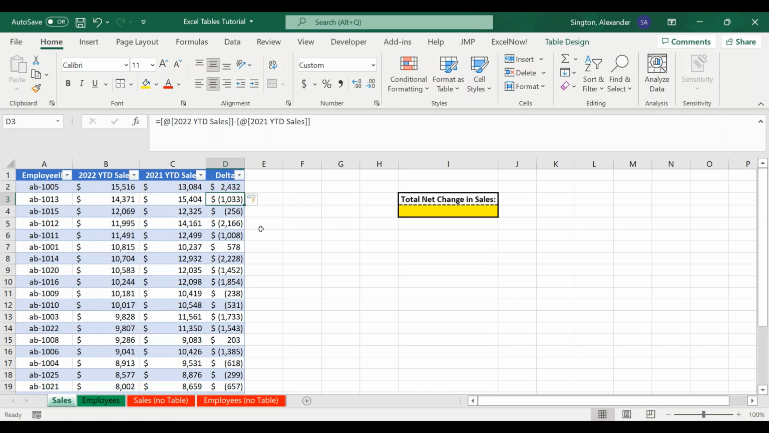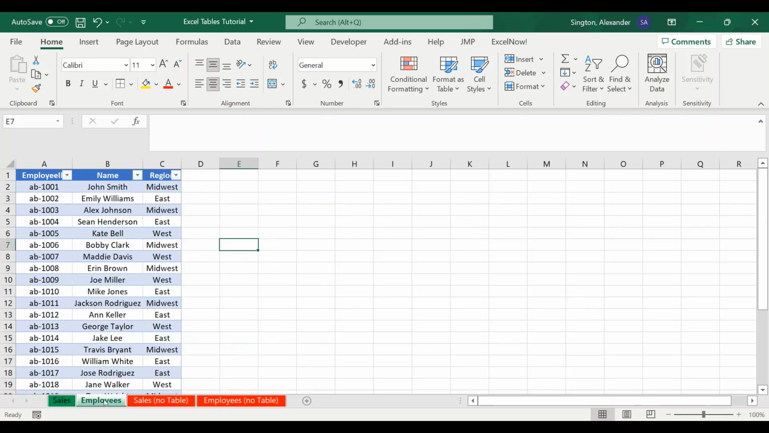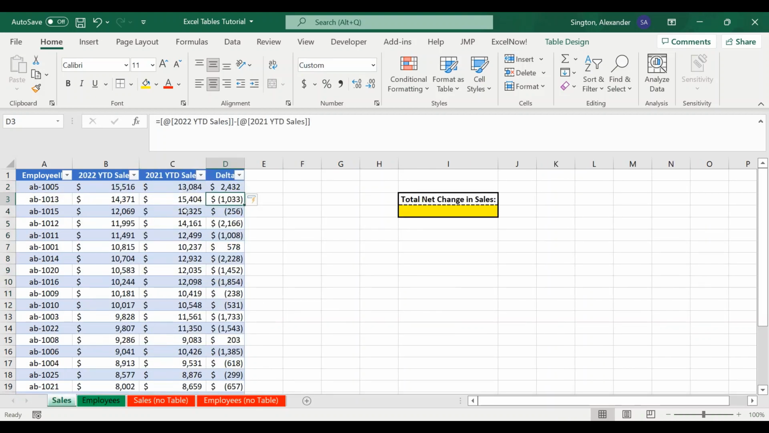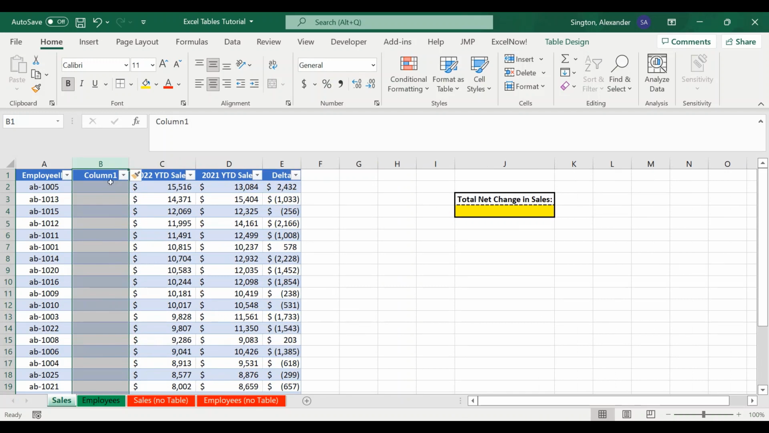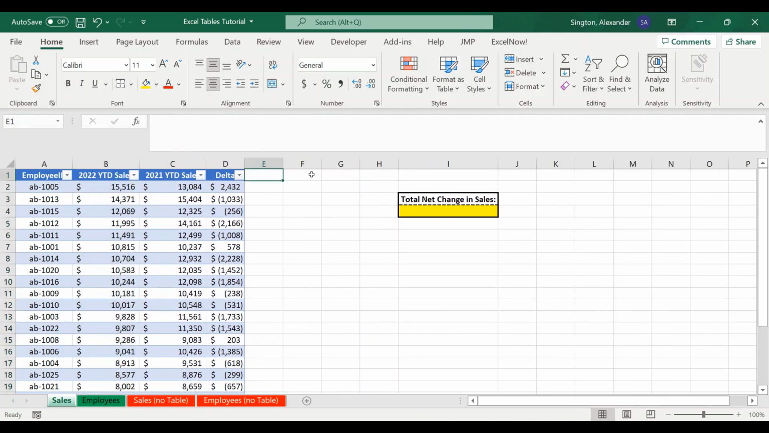So now let's go ahead and pull in some more information. I want to bring in the name of the employee and the region they work in. And rather than creating new columns over on the left here, I'm going to bring them in over on the right. And the reason being